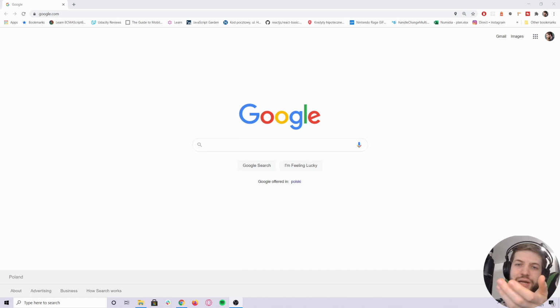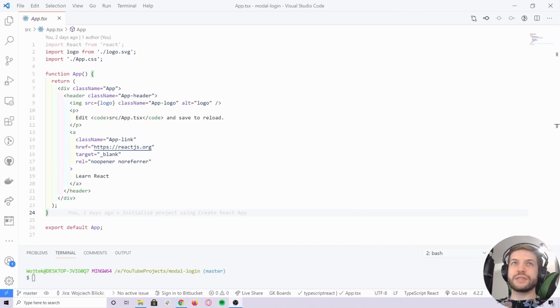Some kind of information that you would like to present to the user, or maybe some kind of interaction. So I will try to show you how to build it so that it can match your needs. Okay, so let's take a look at the code, and we'll use, of course, React and TypeScript, so